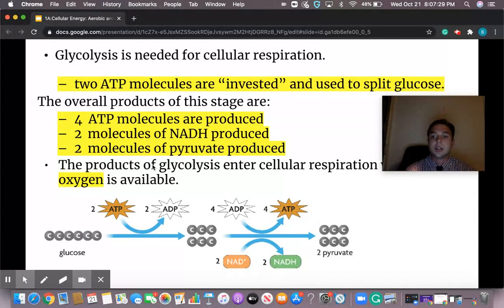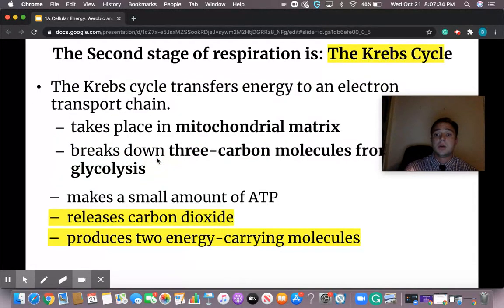Now, officially, cellular respiration will start when that oxygen becomes available. And when it is available, that glucose molecule is said to enter the Krebs cycle. And the Krebs cycle is specifically occurring in the mitochondrial matrix. And here is where those 3-carbon molecules, or pyruvates, are broken down even further. So notice here within the mitochondrial matrix and this cycle, there's not as much ATP being used, but this is the step where carbon dioxide becomes a byproduct, as well as the 2 energy-carrying molecules that will drive the breakdown